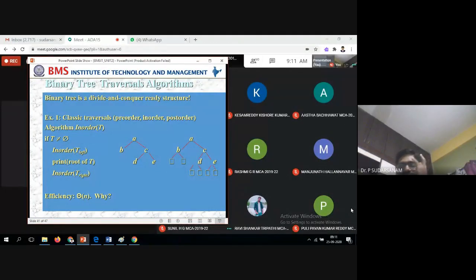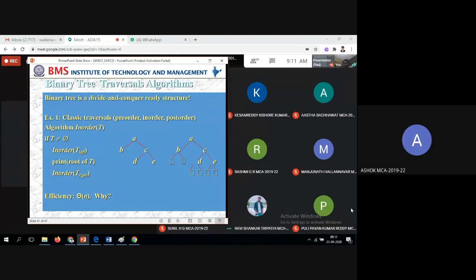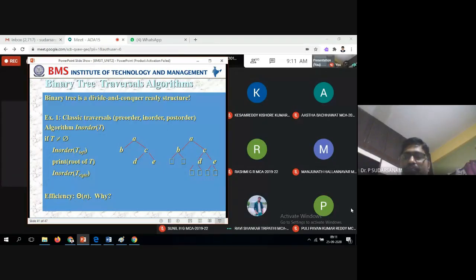Very good. So in is nothing but in between, you remember. The root node should be in between. Left hand side the left node, right hand side the right node. That's the definition. You will not forget. I'll tell you how to remember. In-order is nothing but in between the root node, with the left node on the left hand side and the right node on the right hand side.